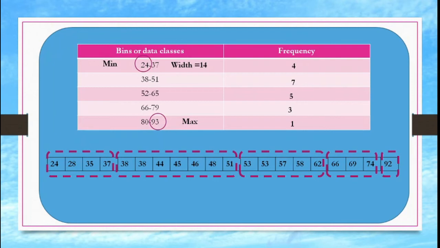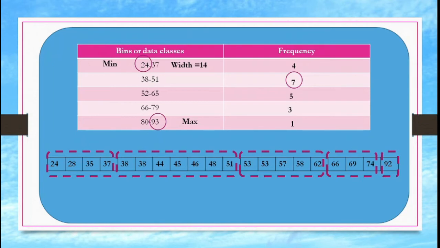Now finally we are ready to draw a histogram. It's really very easy. Just arrange the data in ascending order, find the minimum value, the maximum value, and how many bars you want. Then the frequency will come. Then based on the frequency, take the minimum value and draw the data classes or bins. You can see these are the data classes and bins. In this category of data class or bin, how many data are falling? That is called the frequency. Now let us see what is the maximum frequency. So easy, you can see 7 is the maximum frequency.